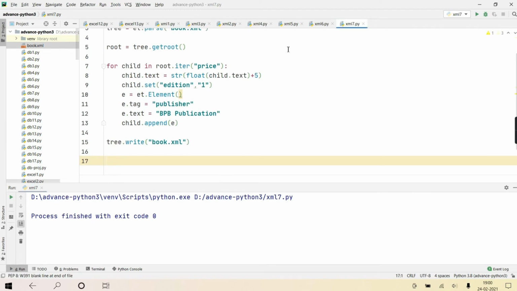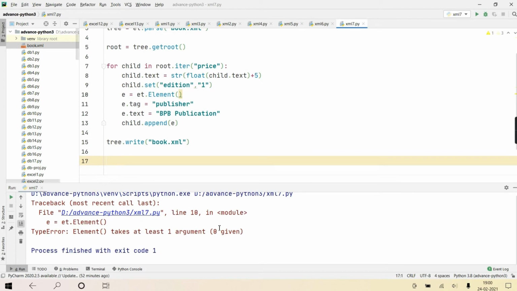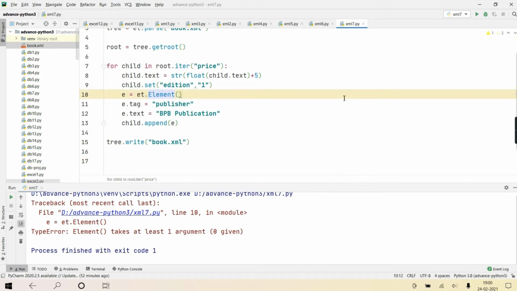Now, okay, it is saying it takes at least one argument. I guess I can give the tag name here only.